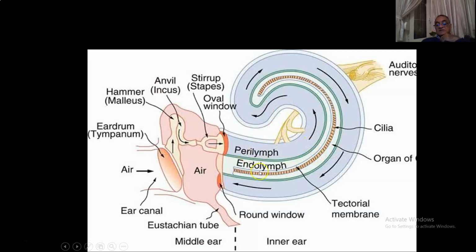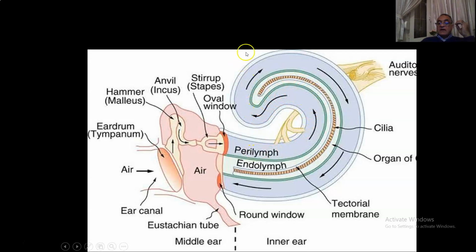Another cross-section, sagittal view, the ear: tympanic membrane, the malleus, the incus, and the stapes. The stapes is closing the oval window, and the vibration is transmitted from the tympanic membrane to the ossicles, through the stapes, through the oval window to the perilymph. Vibration is transmitted in the perilymph in the scala